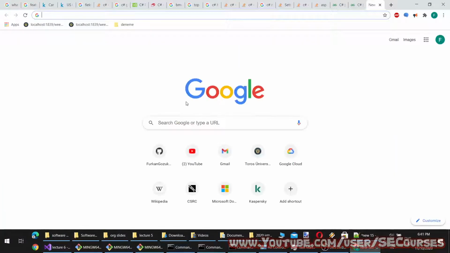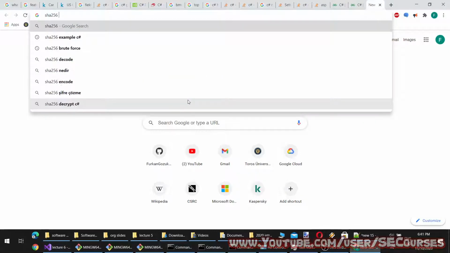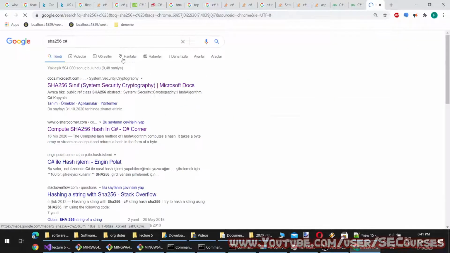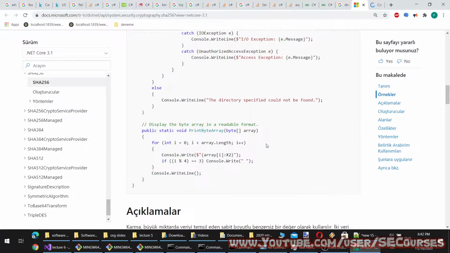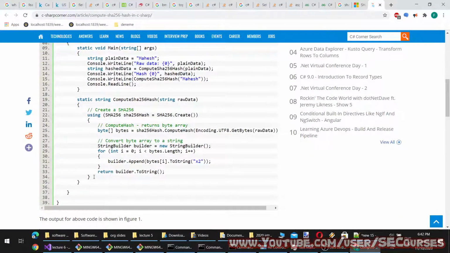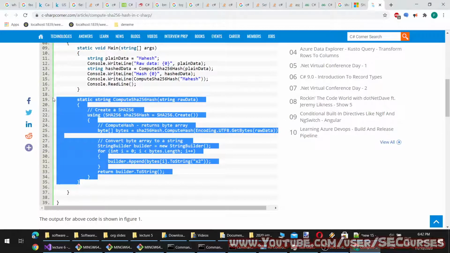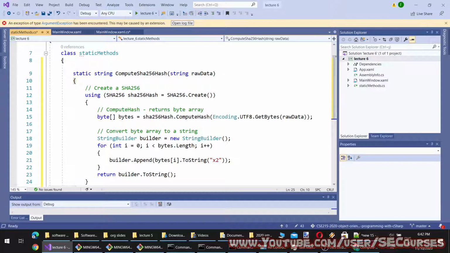Let's use SHA256. Okay, here it is, compute hash, and this will be public static.